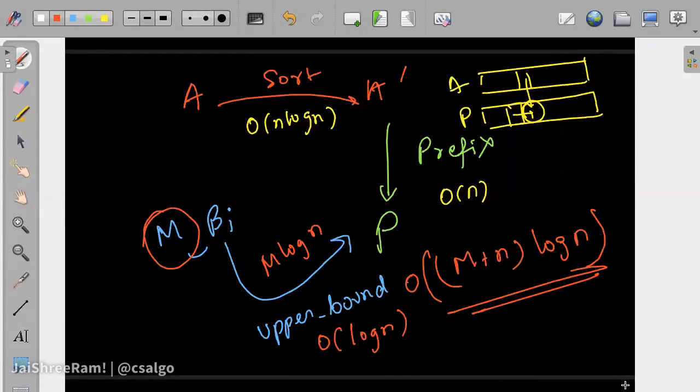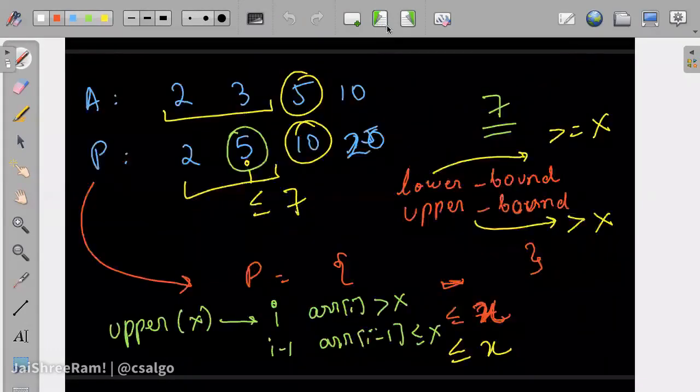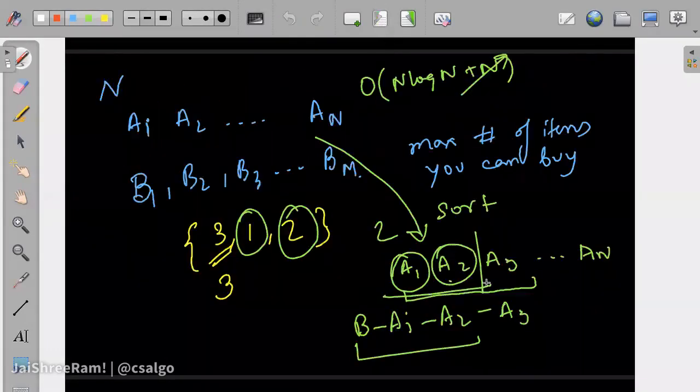Any doubts in this problem? How was m into n? What is m into n in this one? The previous one. Okay, so for the previous one, for each of the Bi, we were looping on the A dash array. That's how we got n into m. But to optimize that, we build prefix sum and use upper bound that is available in STL. So sorting, upper bound, all of them are available in STL. Initially we were sorting it and building the A dash, and then for each of the Bi, we were looping from the start and getting the values.